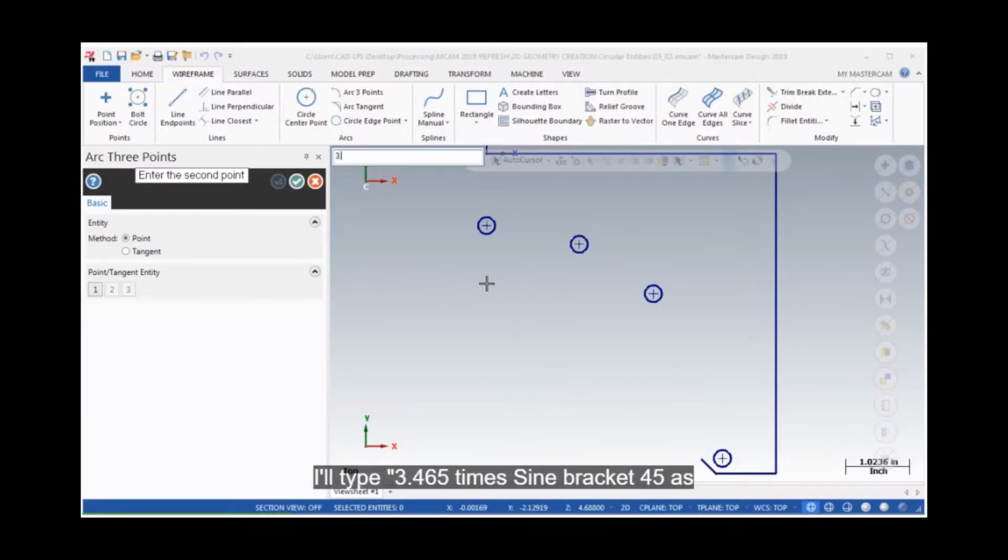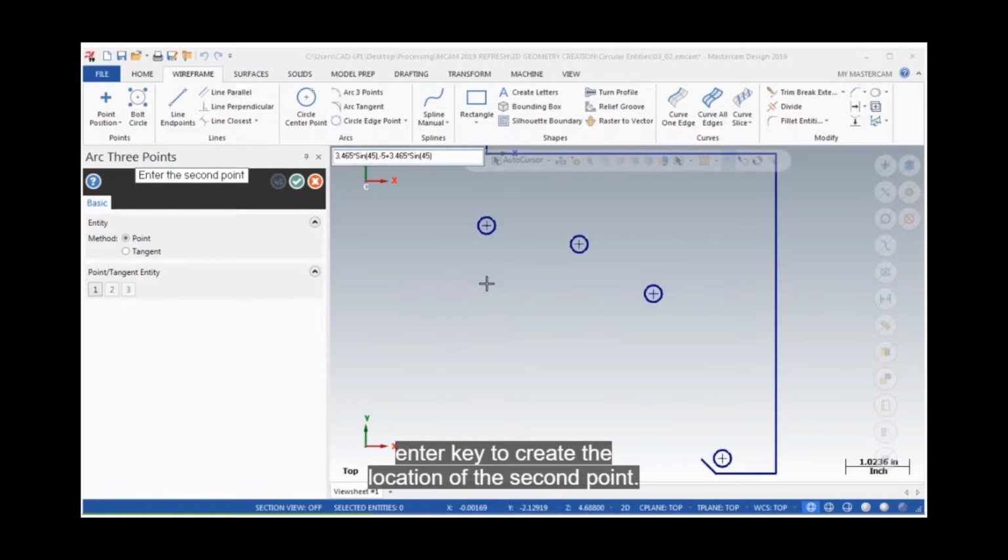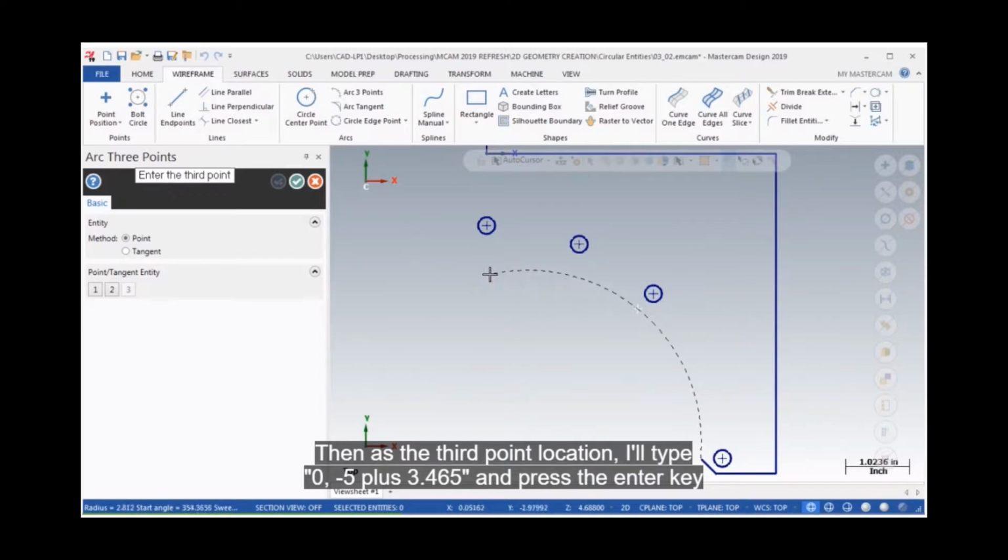I'll type 3.465 times sine bracket 45 as the x location, and then comma -5 plus 3.465 times sine bracket 45, and then press the Enter key to create the location of the second point. Then as the third point location, I'll type 0, -5 plus 3.465, and press the Enter key to finish the